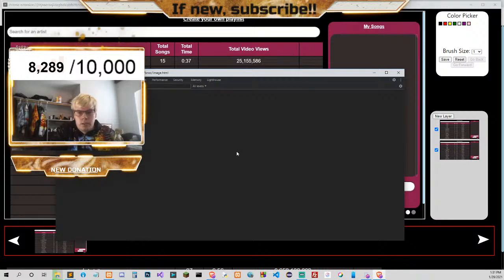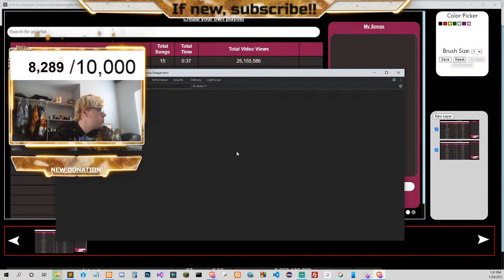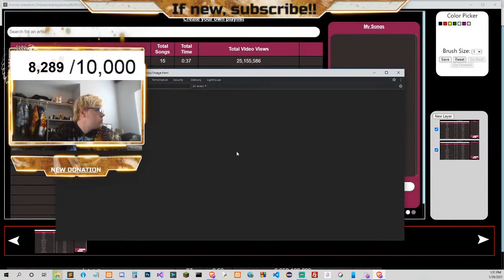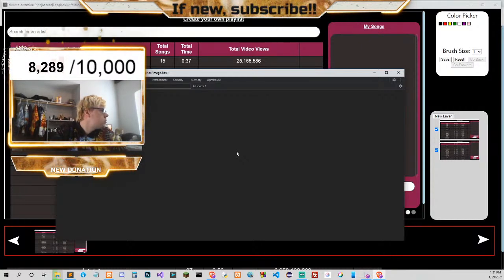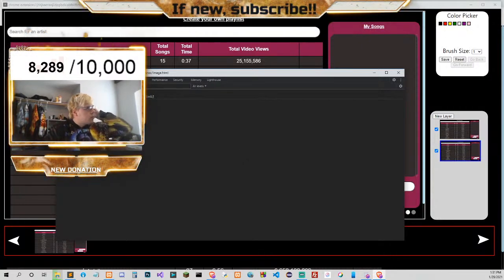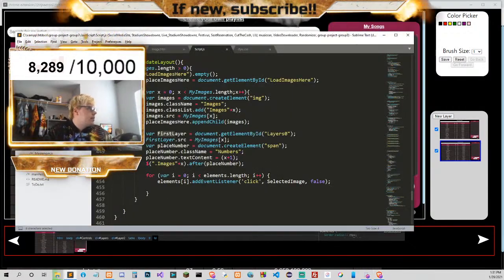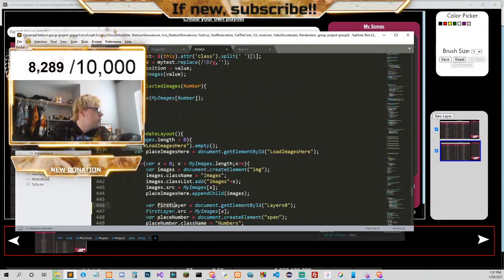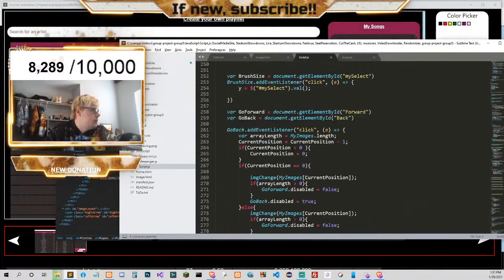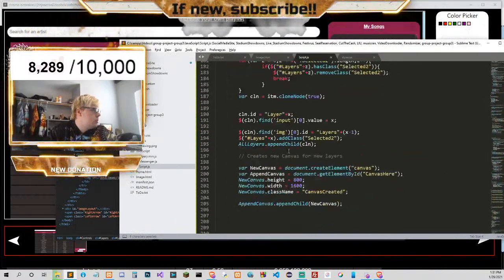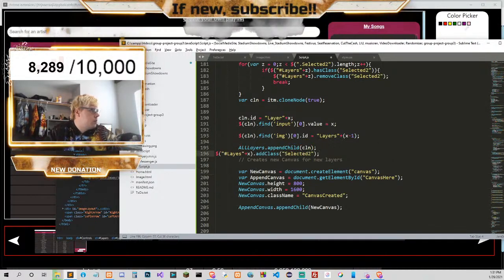So how come when I do this, it does work there? Oh, I get it. It's because it's not appended yet. So that's the issue. The code isn't appended here. So until we append it, we can't do it. So that will do that.